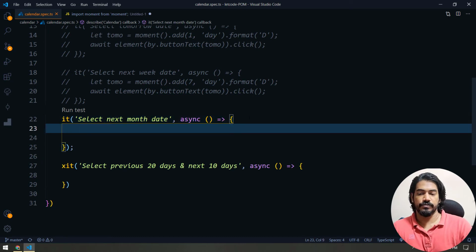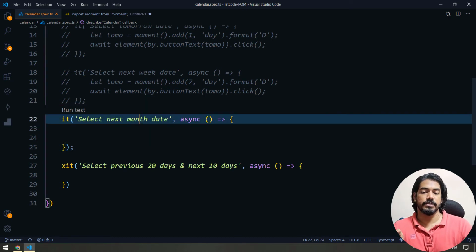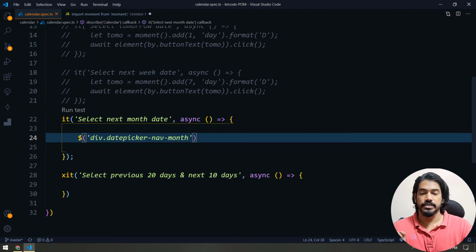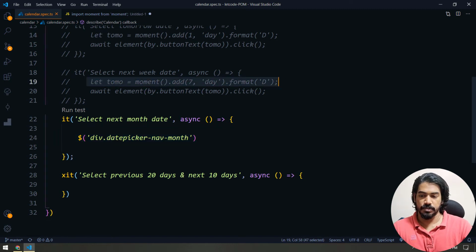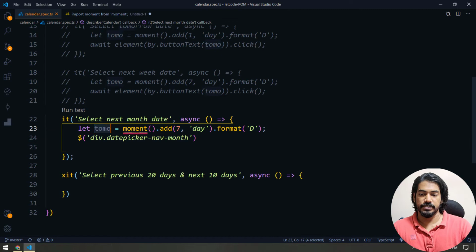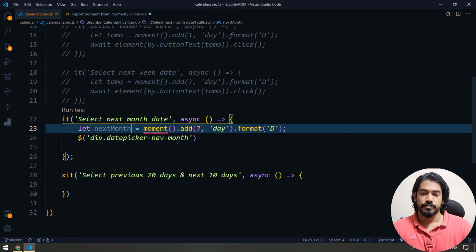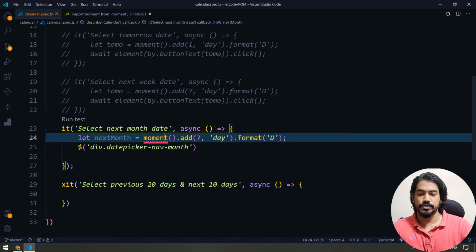And here what we are going to do, we have to select on the next month, right? So before that, okay, let's write the element first. Okay, so this is basically our CSS, and let's copy this one, and here we will say next month. Okay, and I have to import this one. Now next month means of course I want the month as well, so here I'm going to select this that is going to give us the month.